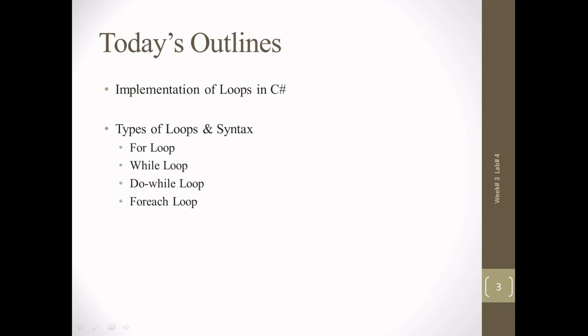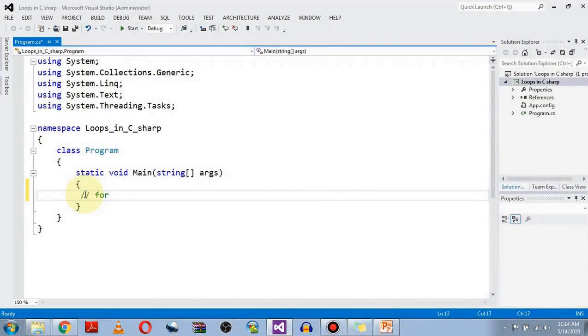Inshallah, in today's lecture, first we will be implementing the loops within C sharp, which include for loop, while loop, do while loop, and inshallah we will also learn the foreach loop, once we have learned the syntax of arrays, as already discussed, and how and when we will be implementing the foreach loop. So let's start with our first loop, the for loop.